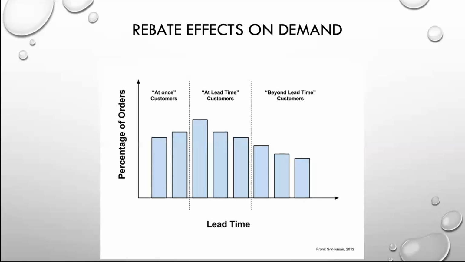That's normal. But you also get people who would have still bought the product but may have waited a little bit of time. This all depends on the product, obviously. But just realize that you actually artificially manipulate the demand such that you'll get a lot more demand in the short term. If you use the demand during a rebate for your forecasting, you're going to induce variation into your forecast. So just keep that in mind as we go forward.